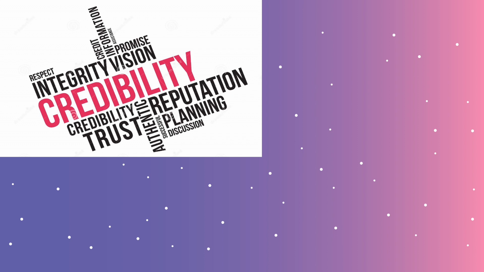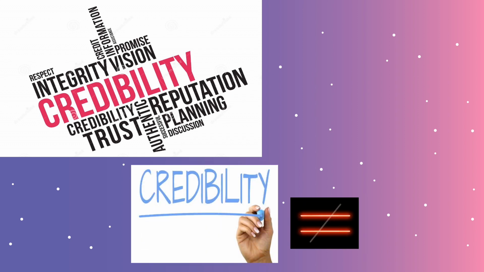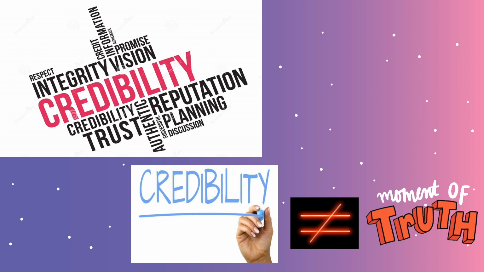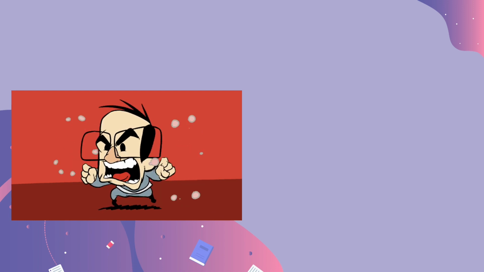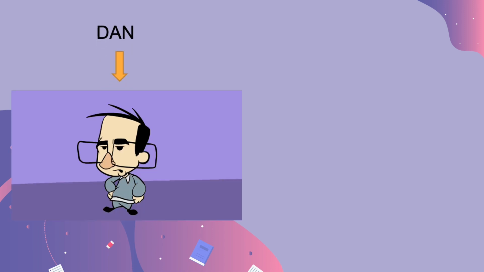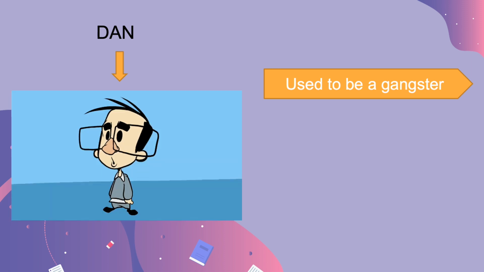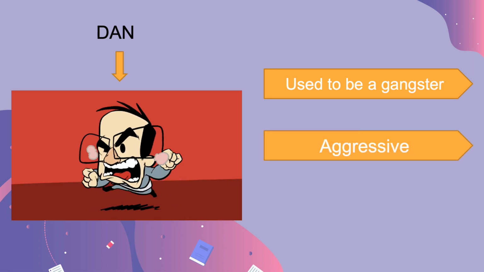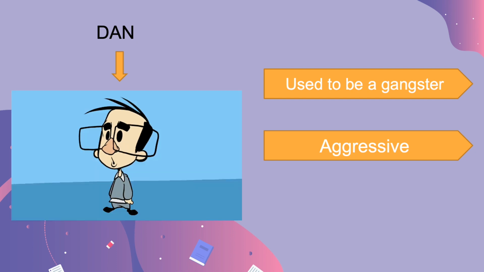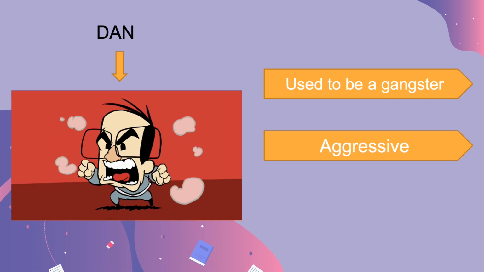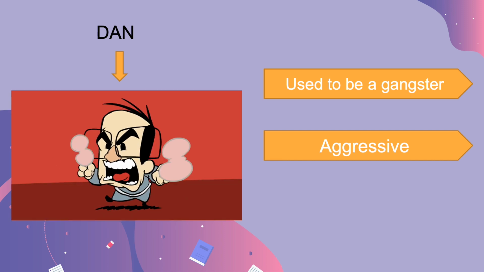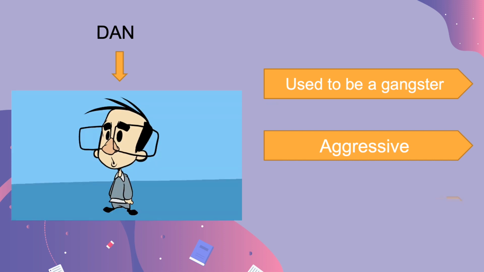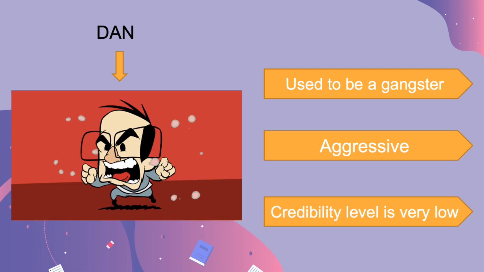For this point, we are going to discuss credibility. Credibility is one of the most important things for a human being to have. From the title, credibility is different from truth, but it helps us judge what is true. This statement is quite accurate. For instance, Dan is known to have been a gangster back when he was in high school and had a record of beating people up for fun. Because of this, he will always be judged as bad and aggressive by society. So if suddenly a rumor spread that he recently injured an old man, even though he did not do it, Dan would still be very suspicious due to his very low credibility.